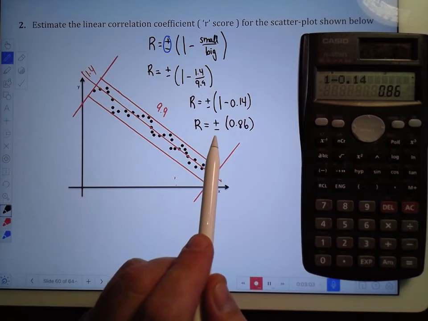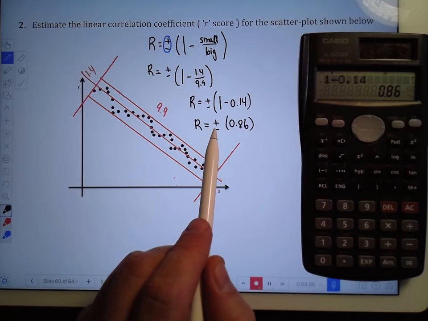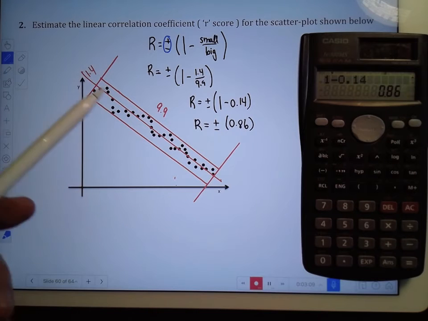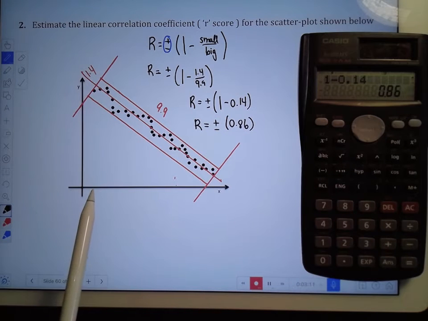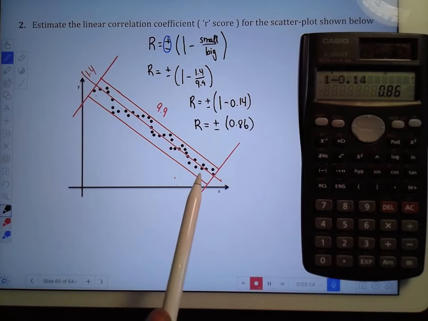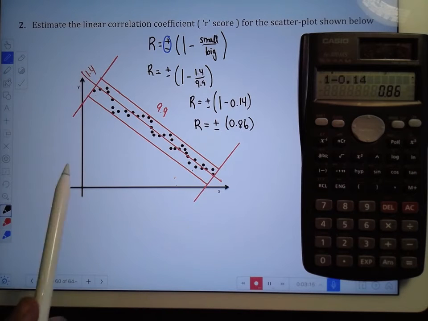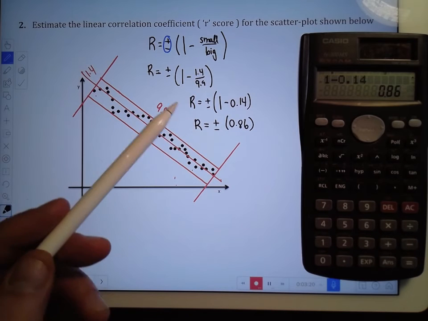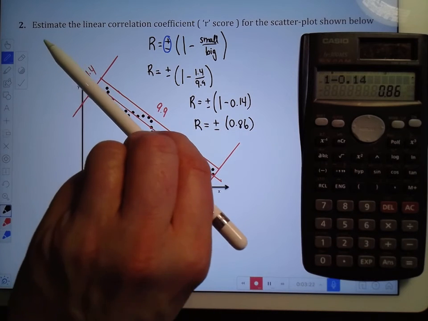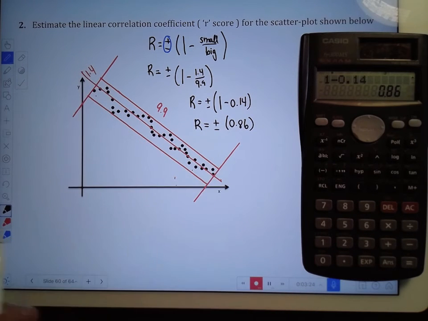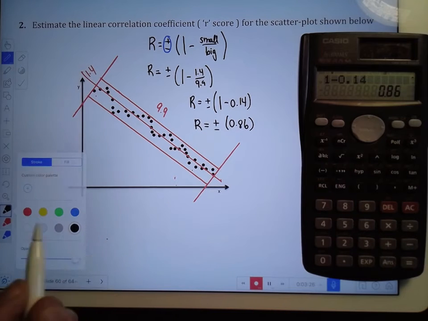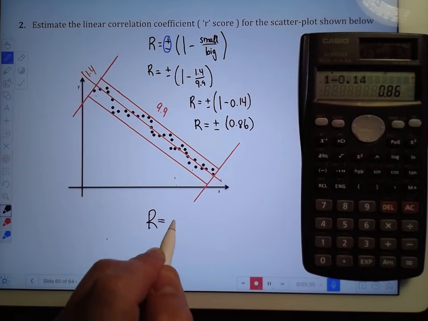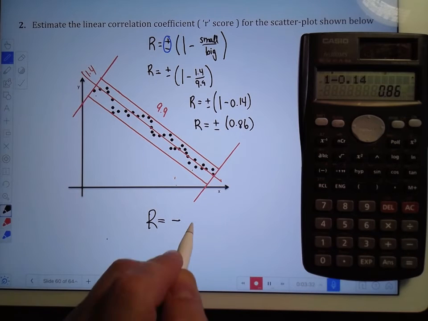Now we have to make a decision about the sign. And the sign in this case, as you can see clearly, is a negative correlation. This is a negative direction, right? Small x's are with big, tall y's, and big x's are with small y's. And so that means the variables are moving opposite each other. That's a negative correlation. This is a negatively sloped line. So the answer is R equals negative, there's the decision now,